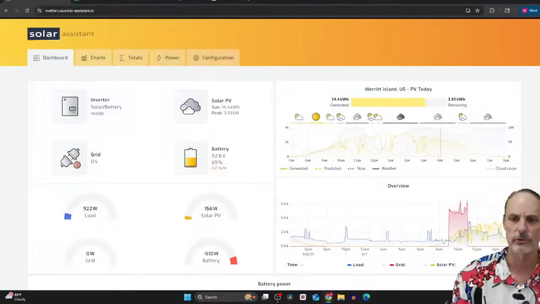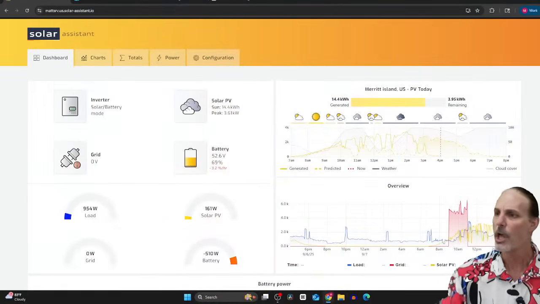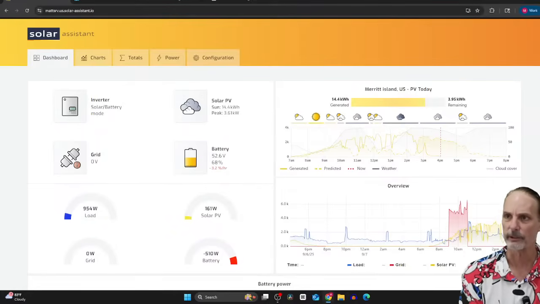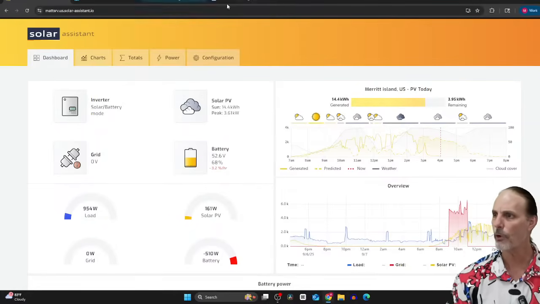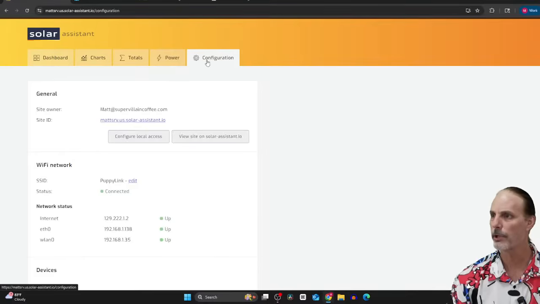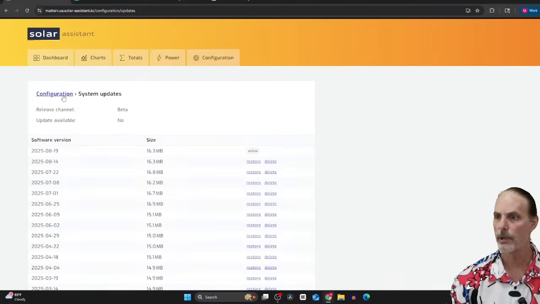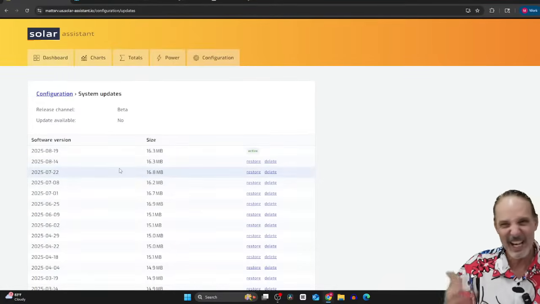Let's see if I can switch the screen over. Oh, yeah, that's working just fine. So you're all familiar with this, which is the Solar Assistant. For those of you who choose to, over here under configuration, if you scroll down into the system here, you can choose to go into their beta mode. And if you choose their beta systems, you get updates a little bit more frequently,